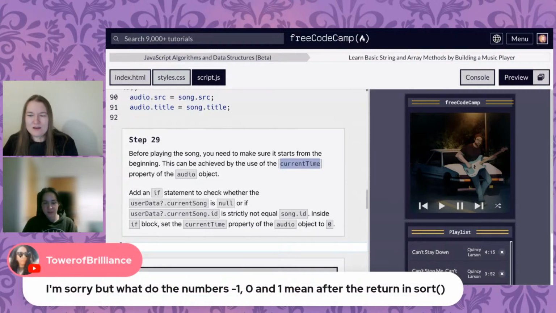So Tower of Brilliance asked a question that was actually in my heart. You don't have to be sorry for asking a really good question. So Tower was like, hey, these numbers, -1, 0, and 1, what are we doing with those? Why are they moving us up and down? Like, why are they moving our array items around for us? Why are they moving our objects that were array items around for us? And